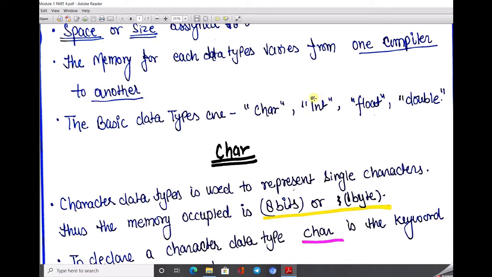Like int, I is small, and char, all the alphabets are in small case. So please concentrate on these points. C is case sensitive, so we must understand how to write and how to call them. If we type capital CHAR, then a syntax error will occur.